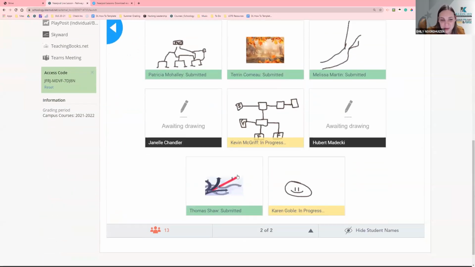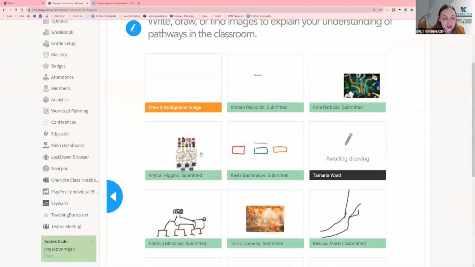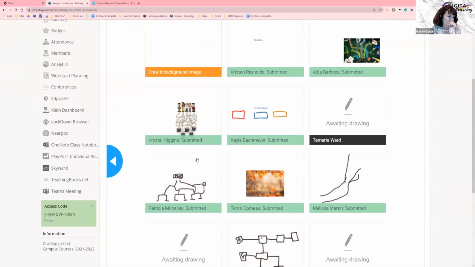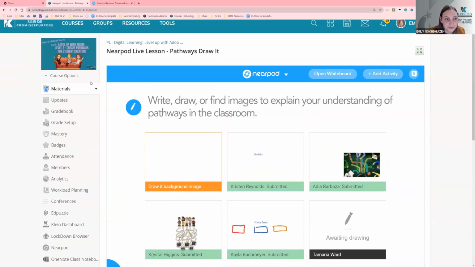Well, I love your pictures. It looks like we all have the same idea of what a pathway is, that our students are taking a different journey to get to the same content. Okay, so